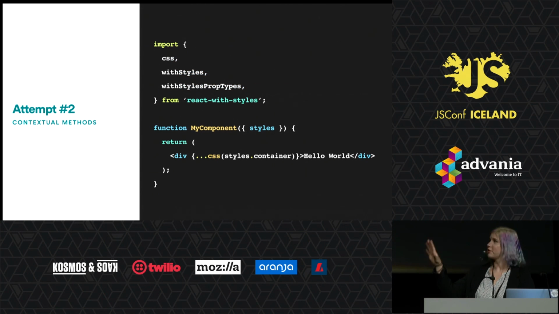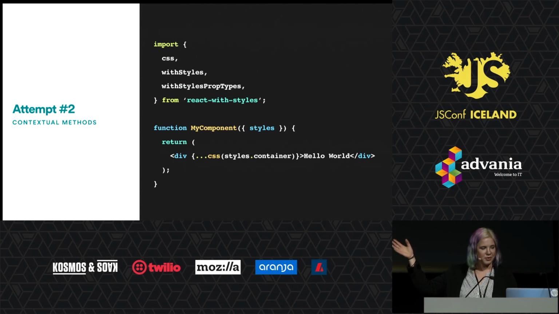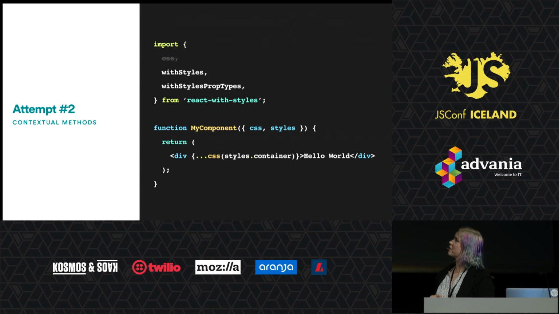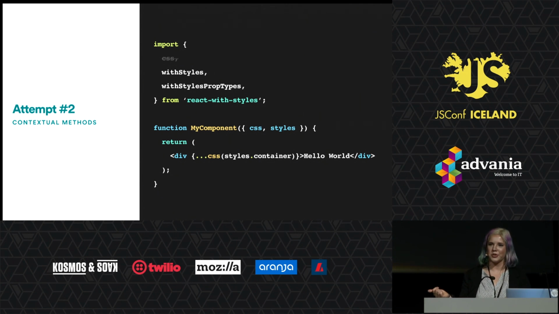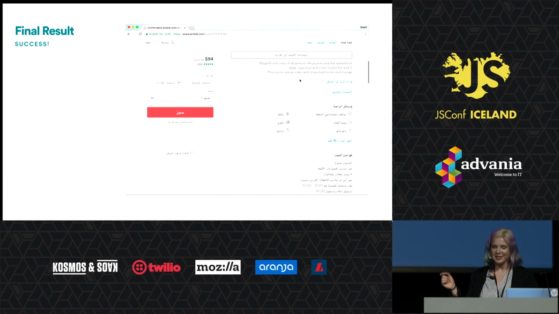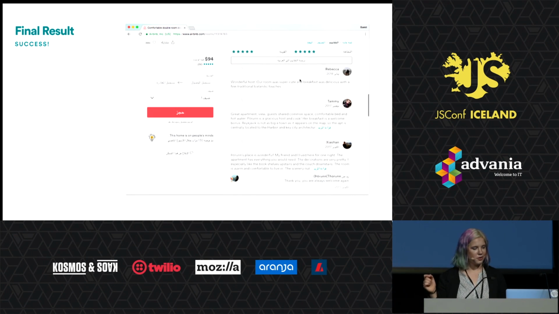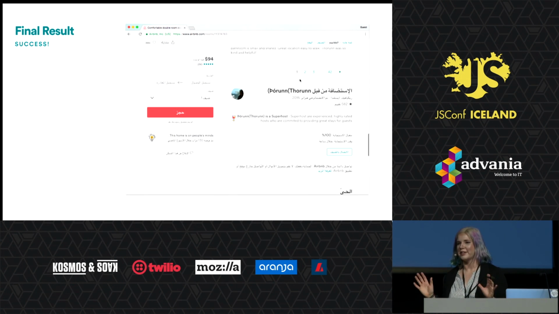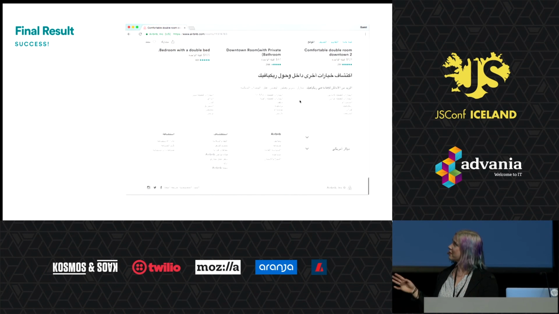So the main change to our components, whereas previously they were written like this, we would now pull the CSS method from our props and call it instead. This is pretty easily code moddable. I was able to write a script that handled almost all of our cases off the bat. And the effect is pretty stunning. With just a few changes to our ecosystem, we were able to get 95% of the way to a fully functional,